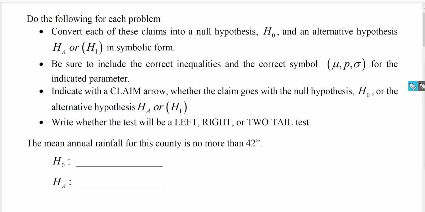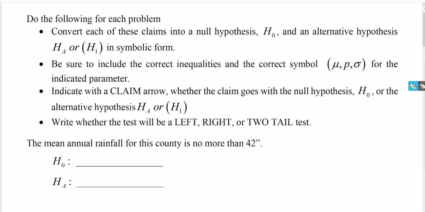Setting up a hypothesis test. Convert each of these claims into a null hypothesis H sub 0 and an alternative hypothesis H sub A or H sub 1 in symbolic form. Be sure to include the correct inequalities and the correct symbol, the population mean mu, the population proportion p, or